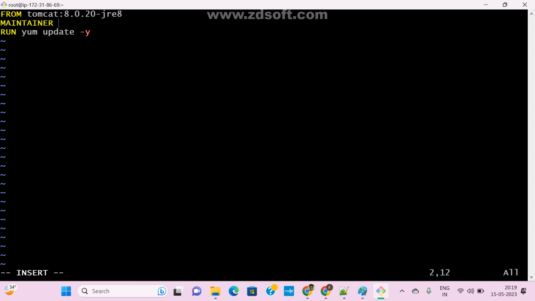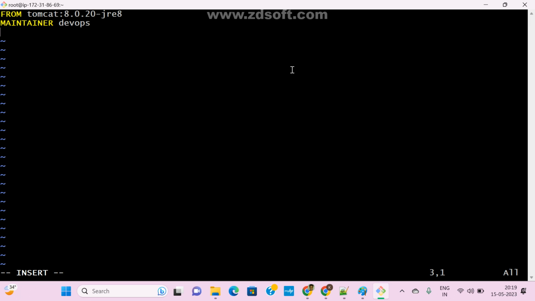Maintainer: DevOps. So this is a Tomcat image, right? I do an apt update or whatever you want, so we can check it. Now I want to download one file.